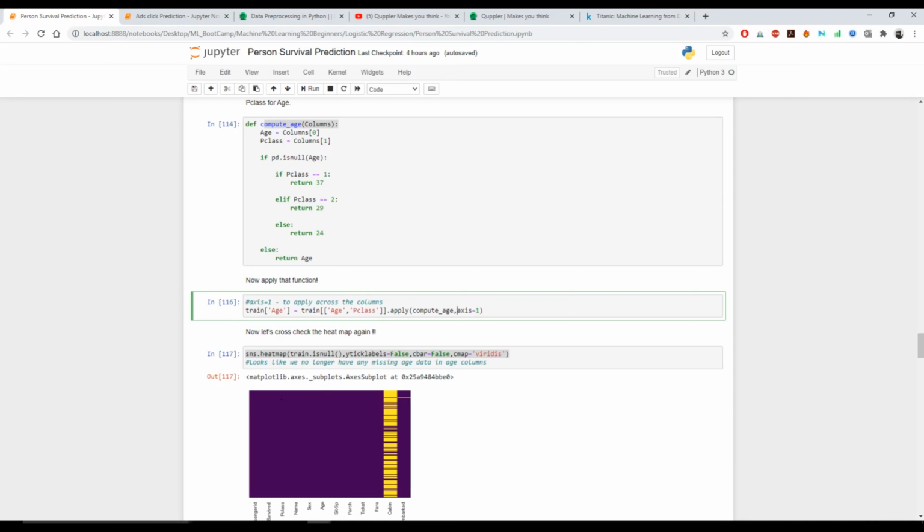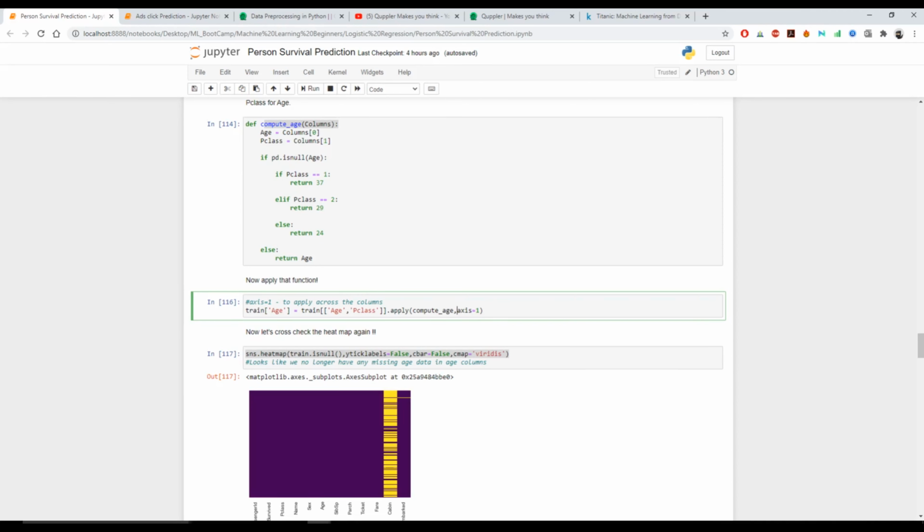Once we have stored it, we do a cross check by doing train.head. We found that we are left with only the survived column, pclass, age, sibsp, parch, like parent children, number of siblings of that particular passenger, fare, male, that is either male or female, and Q and S.